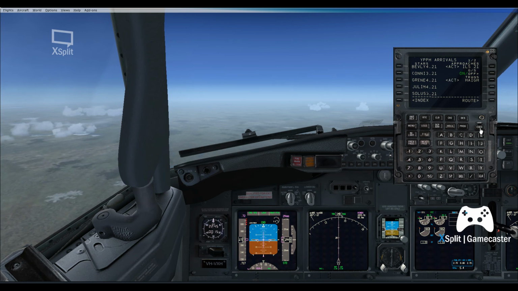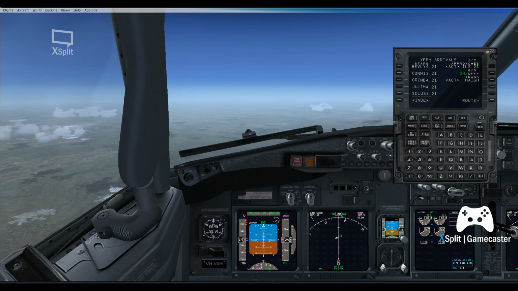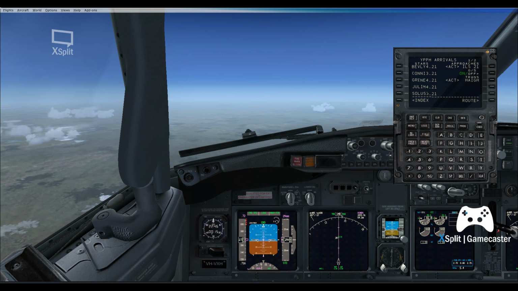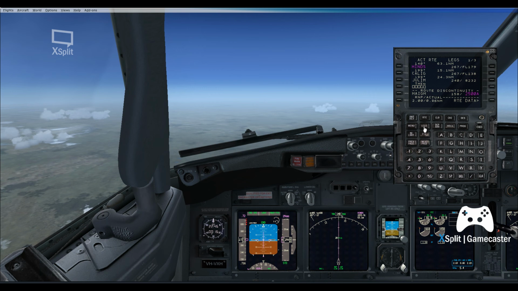Now, we're not using a STAR at this point. We have got STARs available on the left-hand side of that panel. If you're using air traffic control in FSX, it doesn't understand STARs and SIDs, so it all depends how realistic you want to do it. FSX doesn't know how to handle them. The plane knows about them, and you can program them, but if you're using air traffic control, they'll always deviate from them. So if we have a look at the legs now,